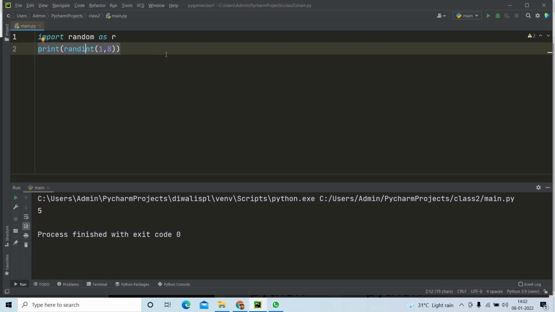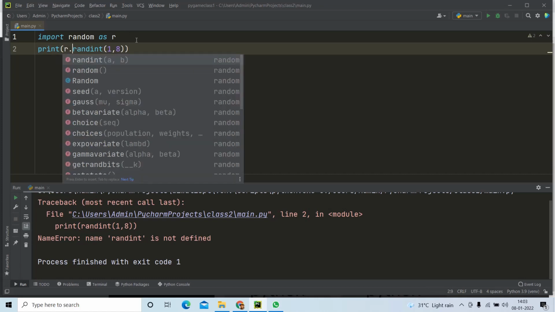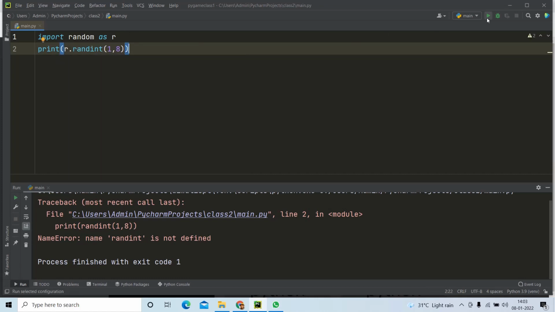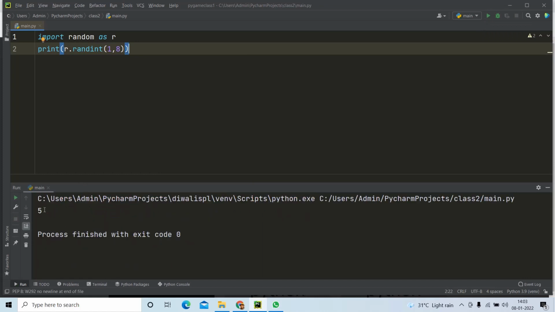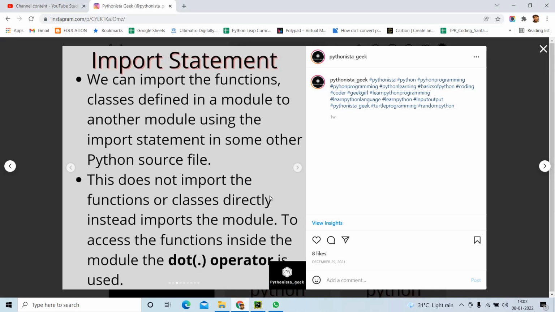We are just trying to see whether this works, because it will work for a from statement, but it will not work in import. Only if you write R dot and then the function will it work fine. Can you see it is printing? So you can also use the as keyword to make everything easier.